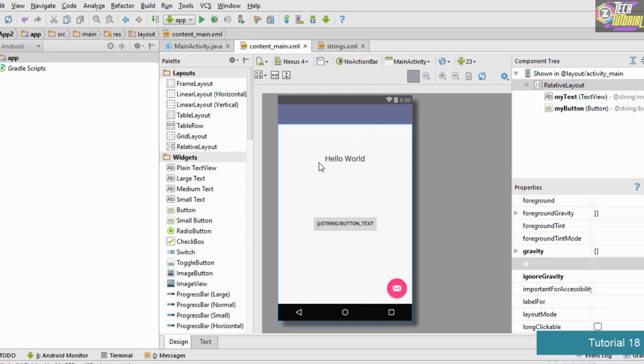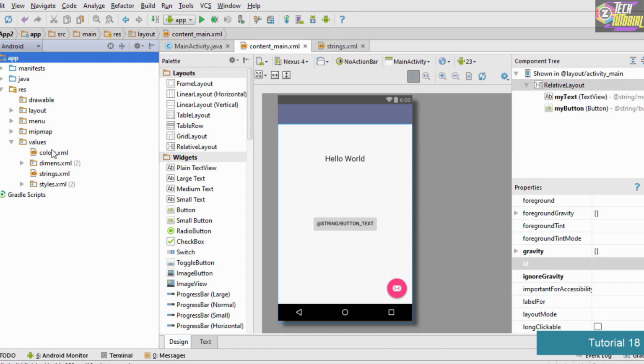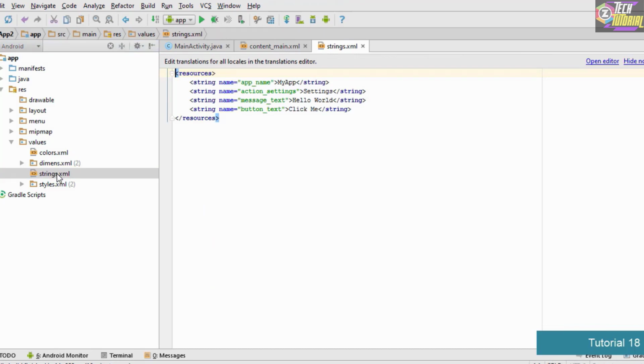Once this is done, the next thing is that if we want to change the text of either this or this, we simply go to our app folder, and inside the app folder we have a folder called resources, which holds the resources for us, and inside this we have the folder called values. Once we open up the values folder, we have a file called strings.xml. This file is going to store the strings for us, so we simply open the file. As you could see, we have our text as well as button stored right here in the form of a resource.